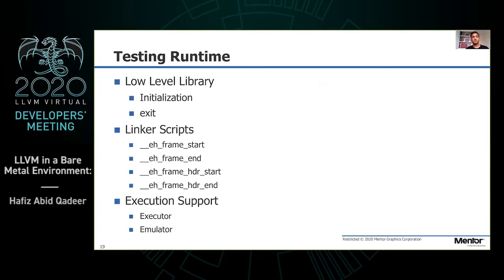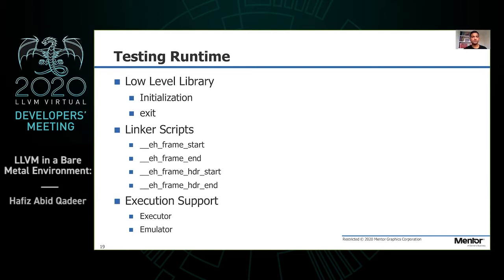And what are those things? We will need a low-level library that will provide a starting point of our application. It probably will be written in assembly. It will do some basic initialization, then it will call the appropriate initialization routine, and then it will pass control to our main function. And when main returns, it will wind down the application and somehow return the return code back